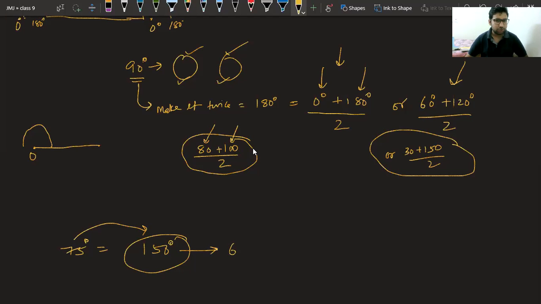Others please try. This is one method to draw. Moksha, correct beta? Same thing. Good. I think all of you got this. And the second way is 0 and 150 upon 2. So either you get 60 and 90 and then find the bisector. Anuranjan is saying 30 and 45.